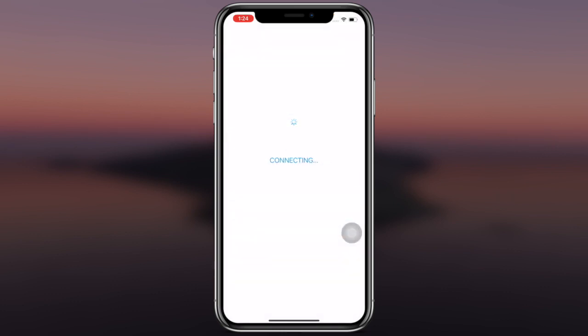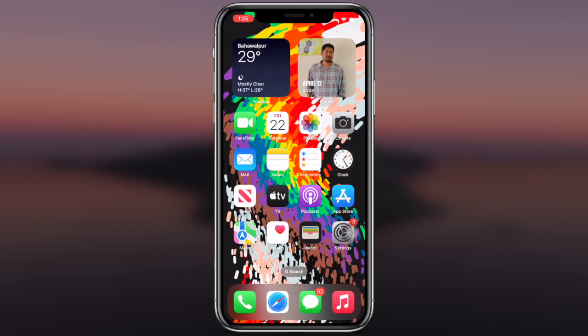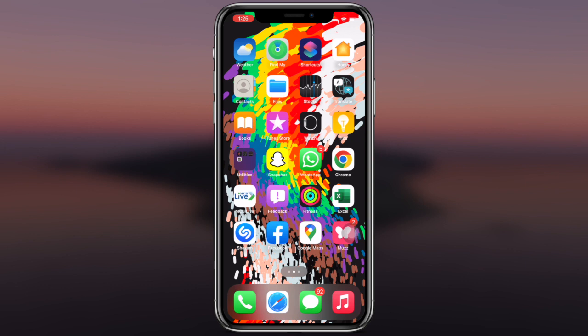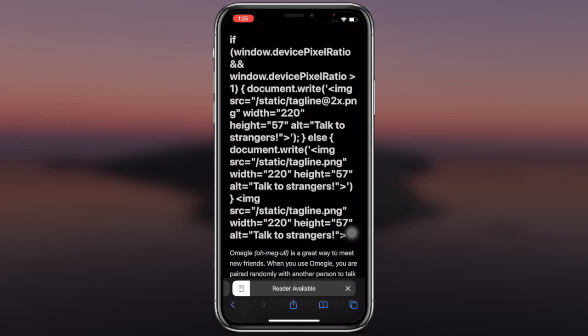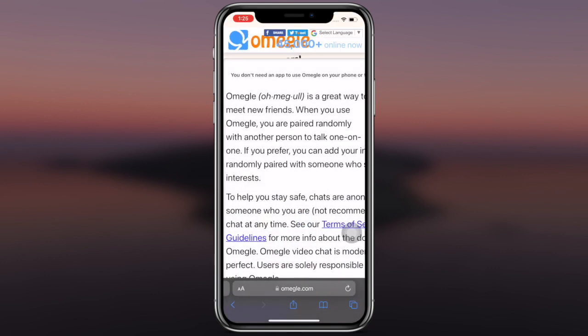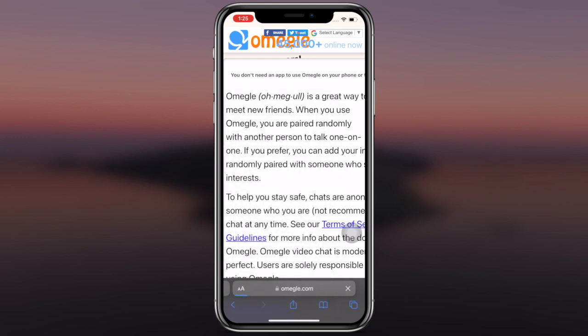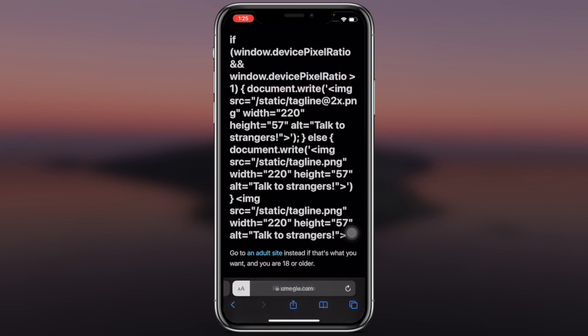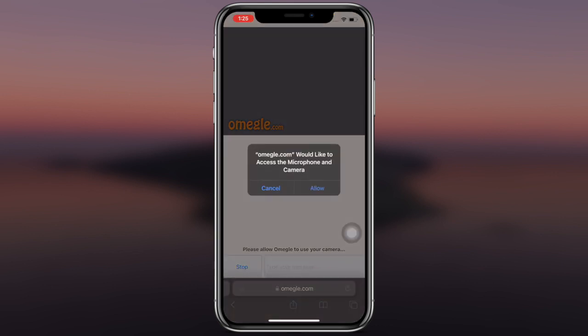Just give it some time. Okay, it just succeeded. Now believe me, it's going to work 1000%. Even if I'm using Safari or Google Chrome, whatever, just tap on this Omegle and wait for a few seconds. I will also request mobile site so that you guys have proof. Just tap on video, tap on this and confirm and continue, because I'm recording the screen so the voice won't come. Just tap on